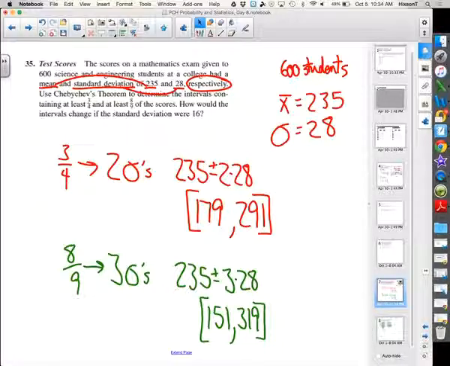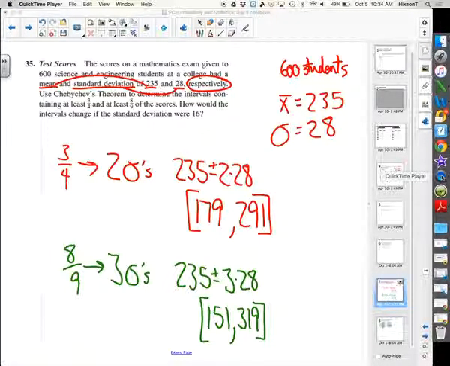What would happen to the intervals if the standard deviation was 16 instead of 28? Yeah, they'd be narrower, smaller. We'd only be adding or subtracting 32 here, and here we'd only be adding or subtracting 48. So we would narrow that range. Could you do 34? Yes. Any other questions on Chebychev's theorem before we look at 34? Okay, I'm going to stop this because I already